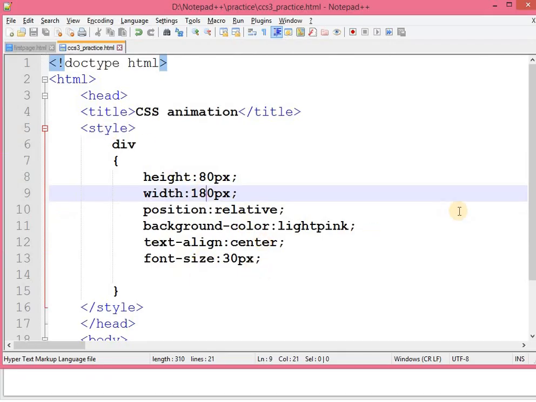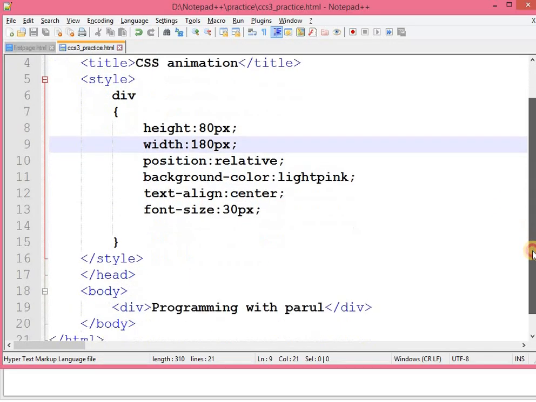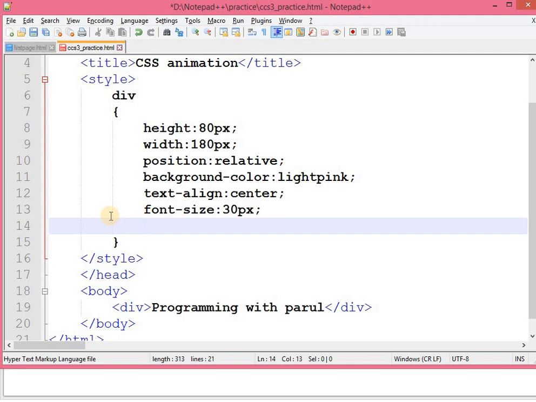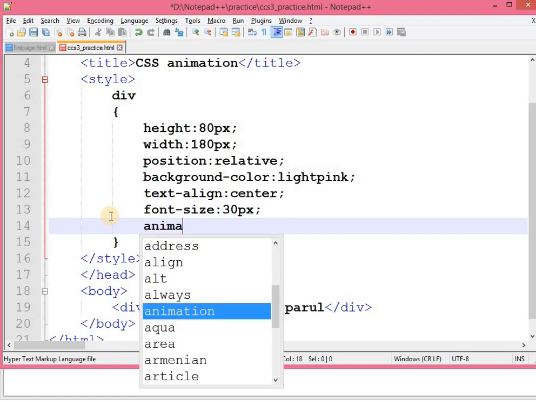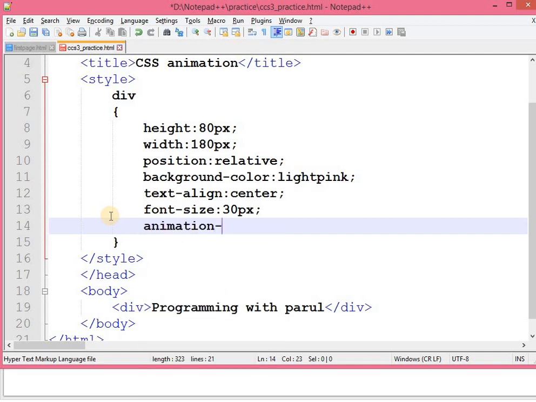Now I want to apply animation with this div tag, and I want to make it transition from this corner, from this to this to this, like that, and also the background color should change. So now how can I do that? Let me set animation name.